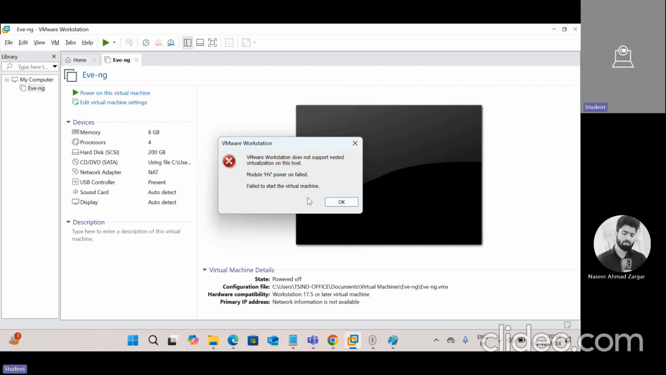Okay, if I click on yes. Oh, so this is the error that I was expecting. It says VMware Workstation does not support nested virtualization on this host. Failed to start the virtual machine. Now, here what we need to do is